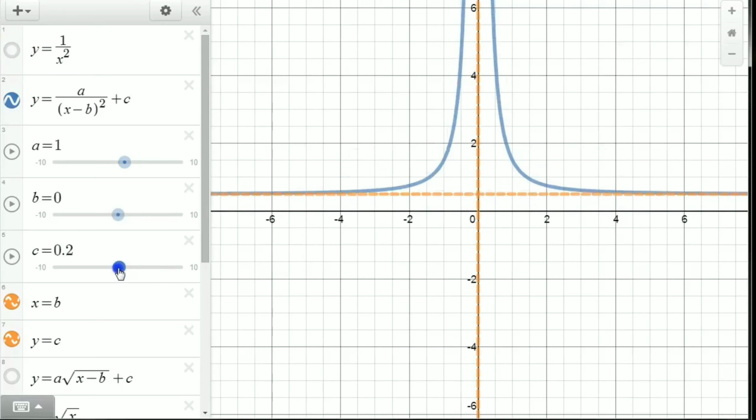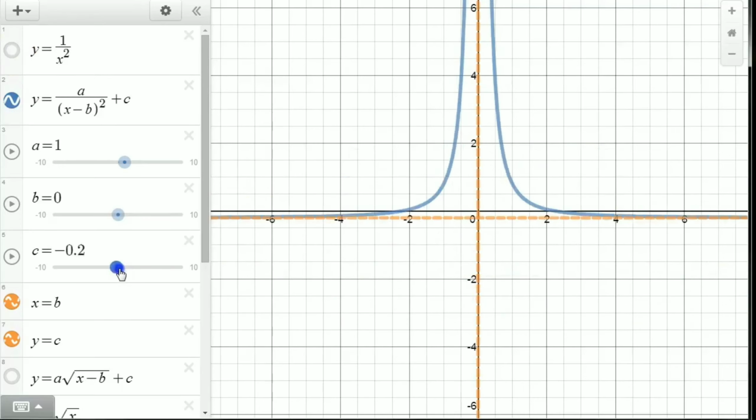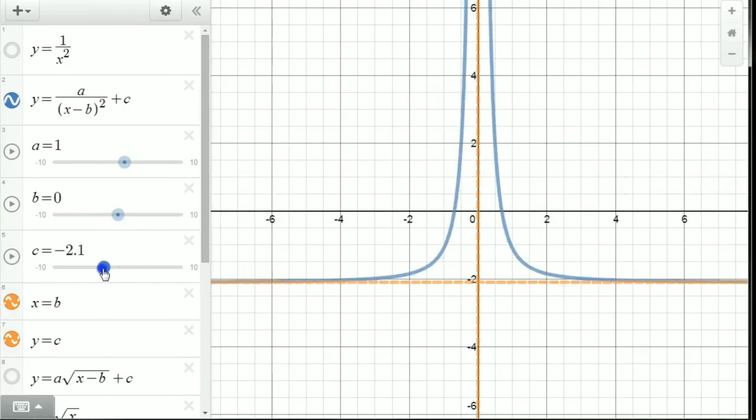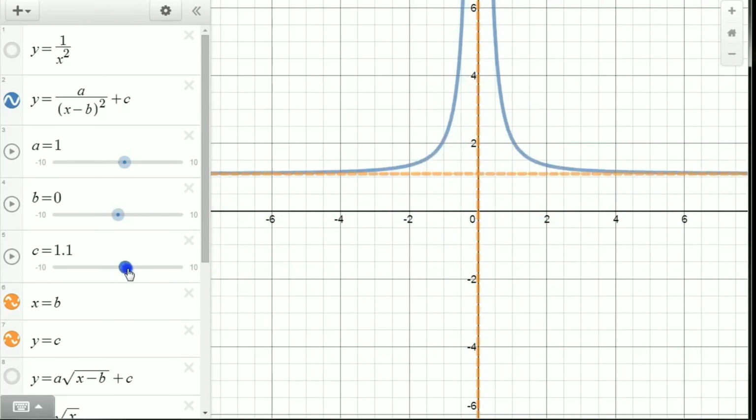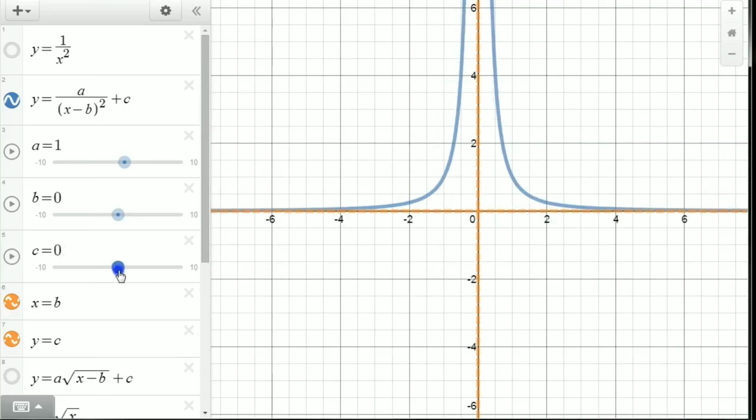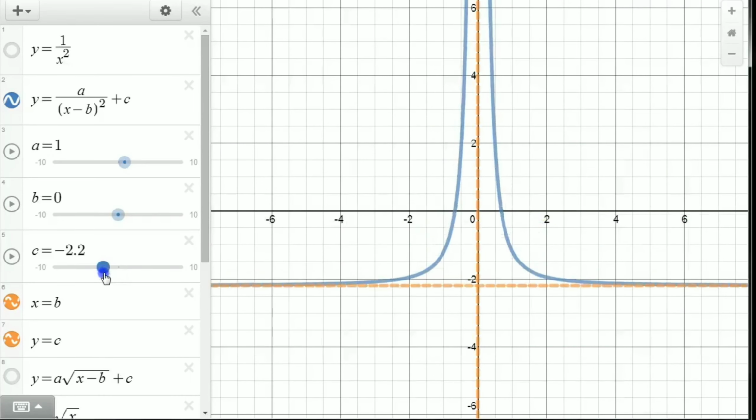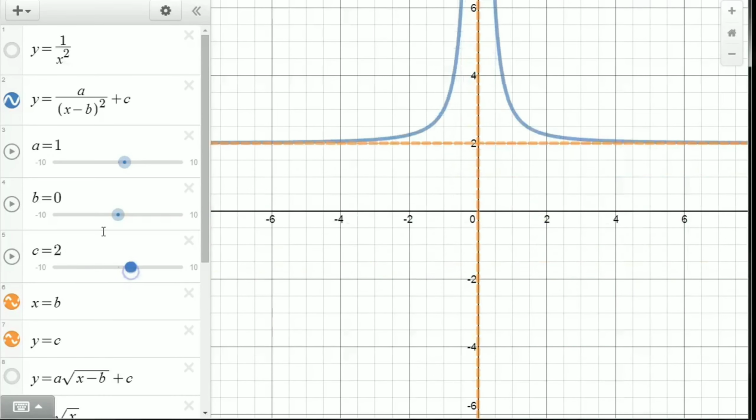Again, our value of c on the end of the equation, as we would expect, moves the graph up and down. It also moves the horizontal asymptote up and down. Again, why is that? If c is 2, remember this can never be 0, so y will never be equal